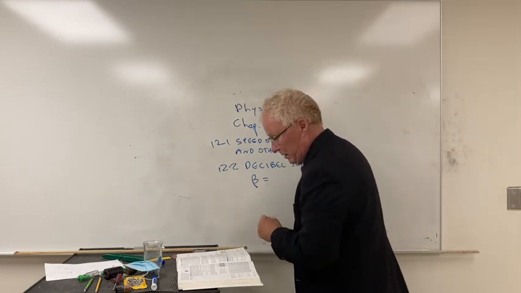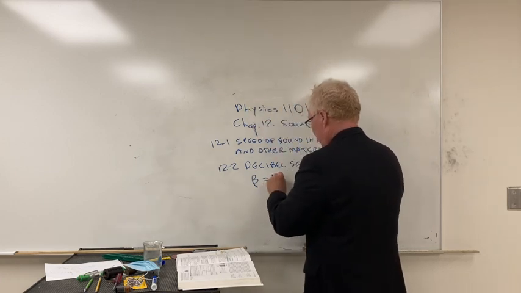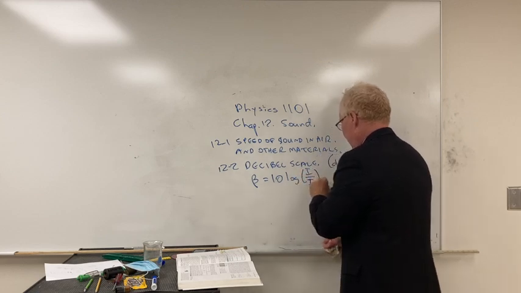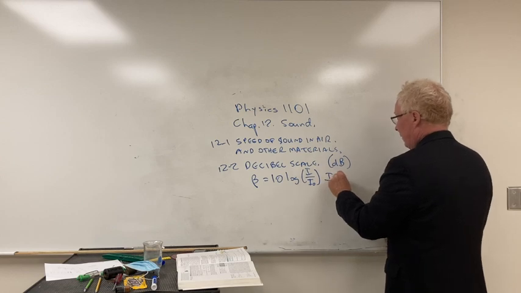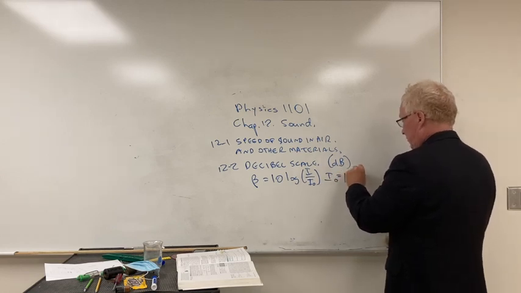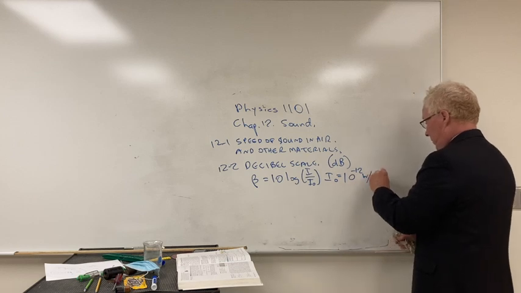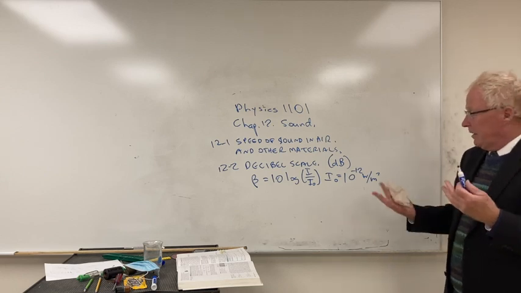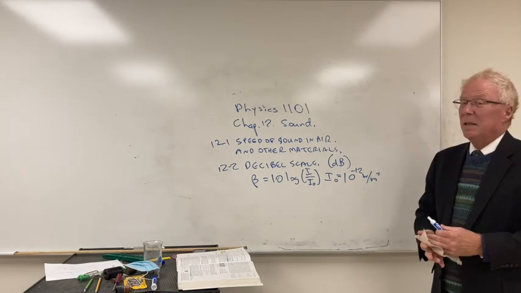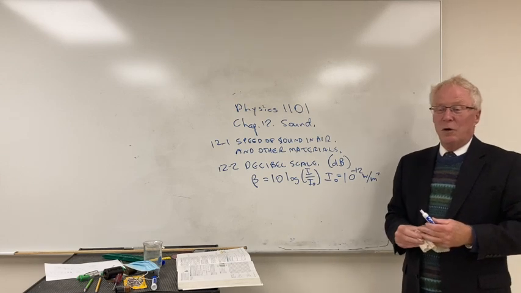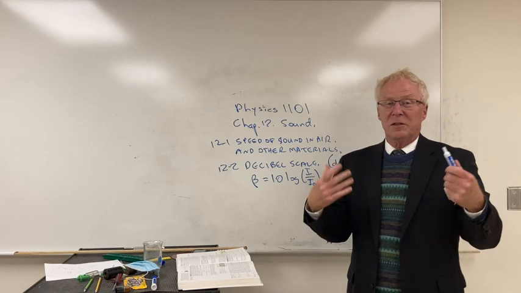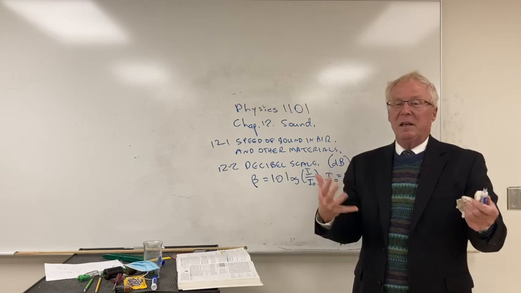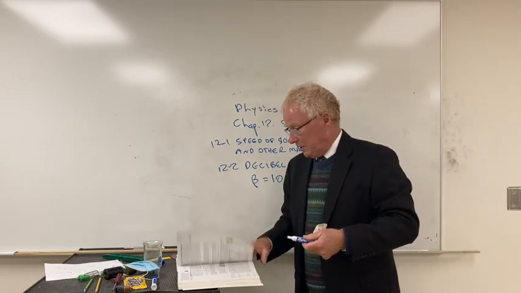Again, beta is 10 log I over I naught, where I naught is the threshold of hearing of 10 to the minus 12 watts per meter squared. So extremely low intensity. And then basically everything is, as we've talked about, a logarithmic scale. So if it's 10 times louder, it's going to be a change of 10 dB. If it's 100 times louder, it'll be 10 plus 10, or 20 dB. So that's section